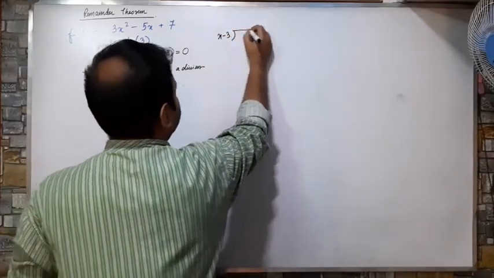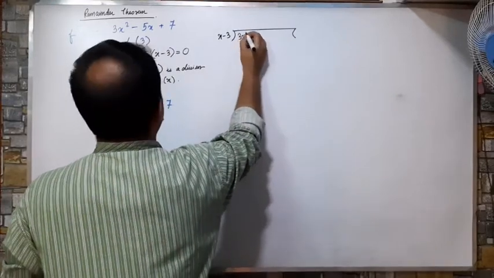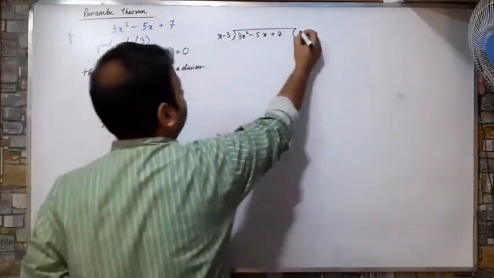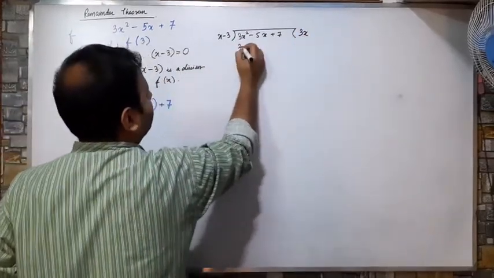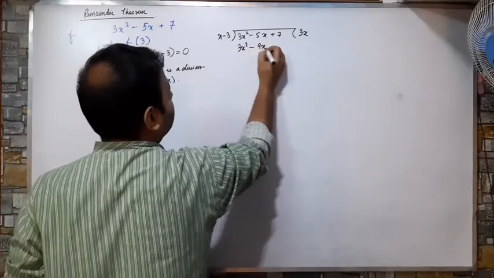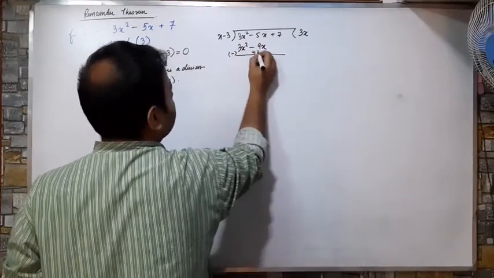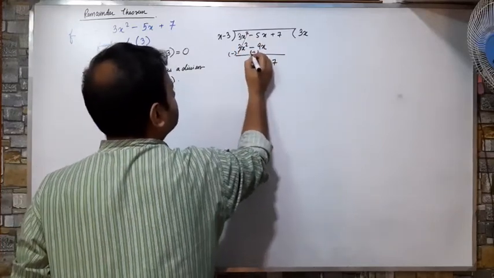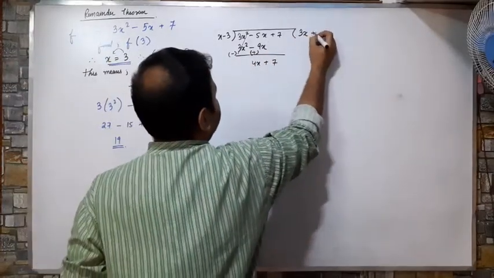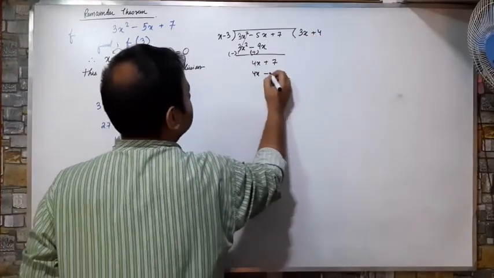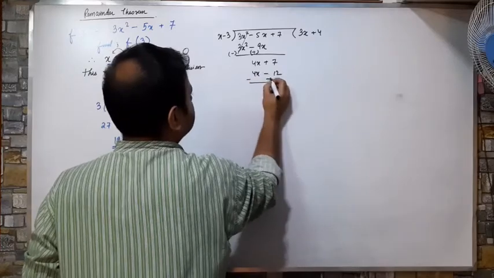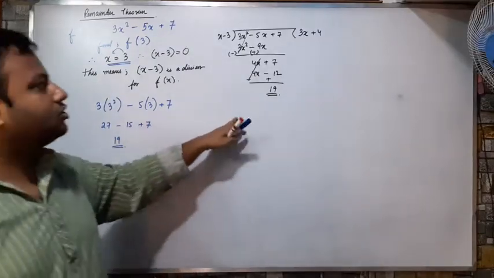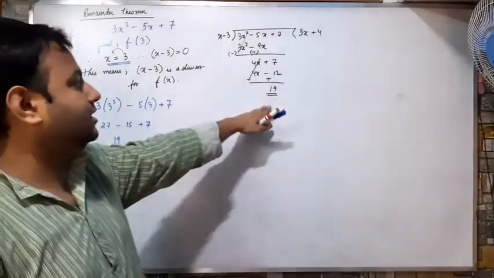X minus 3, I am going to divide 3x square minus 5x plus 7. So to x I have to multiply 3x. I will be getting 3x square minus 9x. On changing the sign, this will be cut. I will get here 4x plus 7. So I will write here plus 4. I will be getting 4x minus 12. So changing the sign, I will be getting 19. So by this method also, the long division method, you are seeing that the remainder is